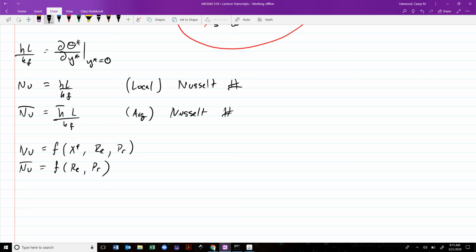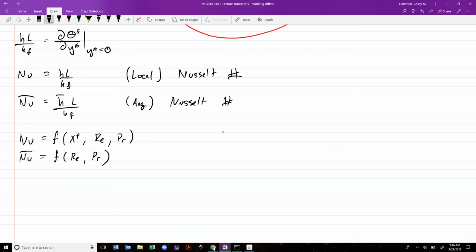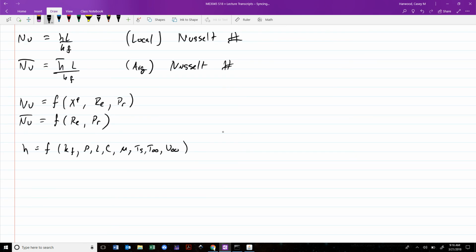So what I want to end on is, I know today's been sort of abstract, lots of definitions, but the important thing is that we have taken this case where h is some function of this whole mess of variables, rho, L, C, mu, Ts, T infinity, U infinity, and we have boiled that down into something that says the Nusselt number, which is equal to, we could go ahead and say this is h bar actually, h bar times L over Kf,